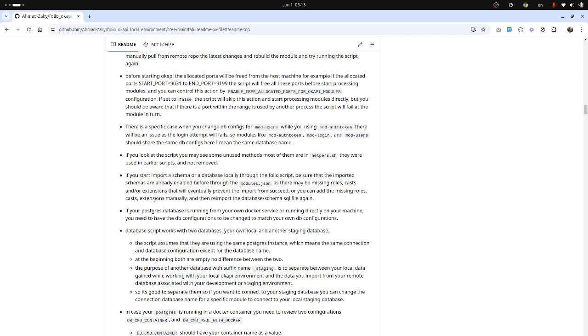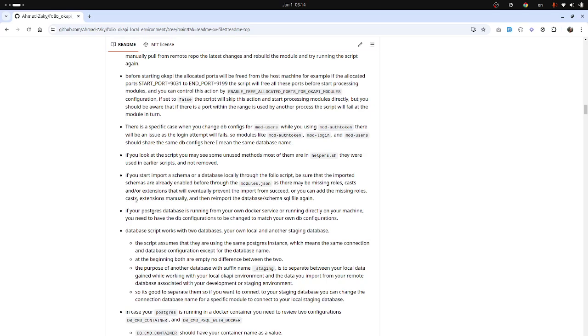There is an initial SQL file, and this SQL file will create and enable all extensions needed. But some casts are specific to specific modules. For example, mod data export has its own casts,